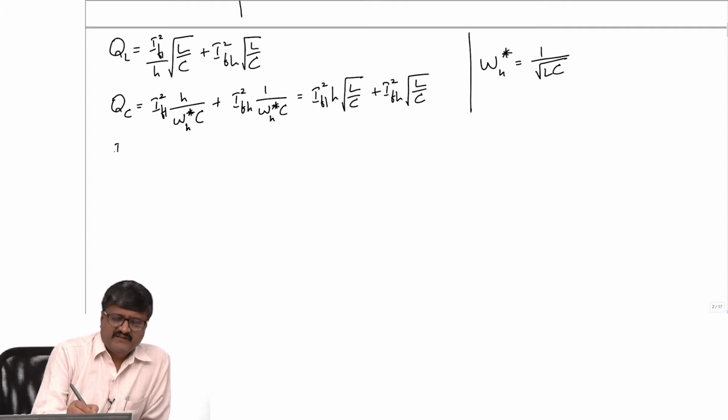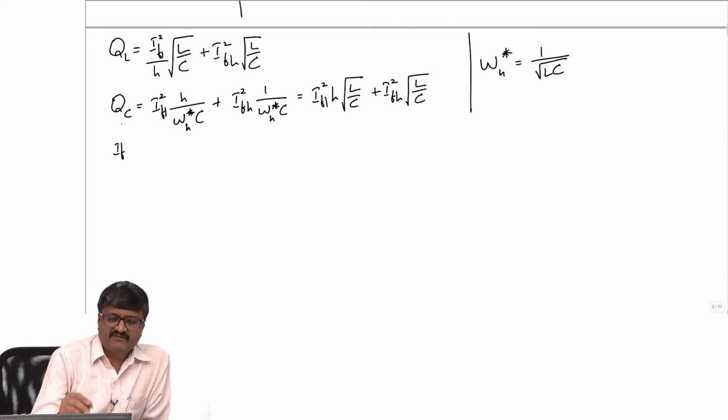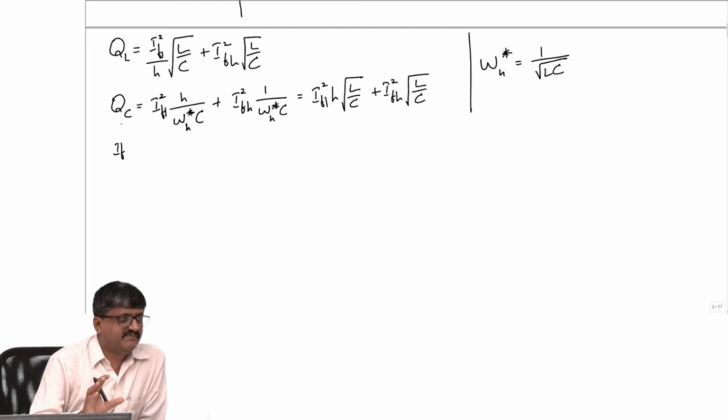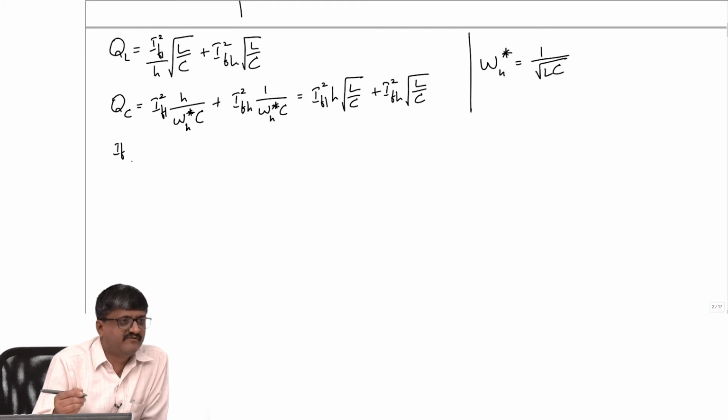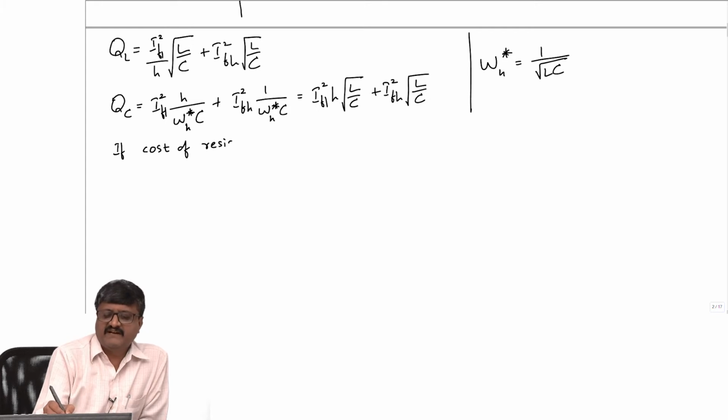Now, if I ignore the cost of resistor, so far I have not said why the resistor is required, but we will see that the resistor is in fact required, and the thing is the resistance is very small, otherwise there will be loss. Any resistive component should serve some purpose, but it should not be unnecessarily added. If at all it is added, it is a very small value for serving something, but not contributing to loss. So if the cost of resistor is neglected,